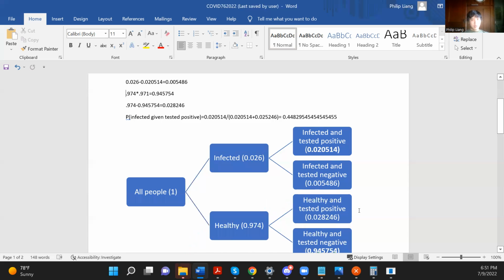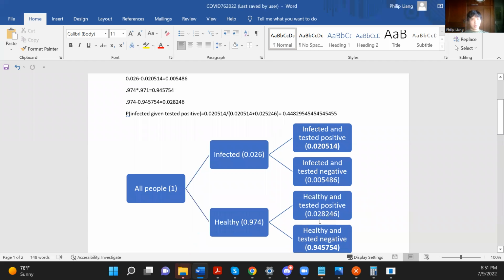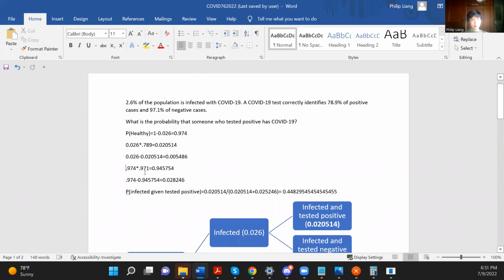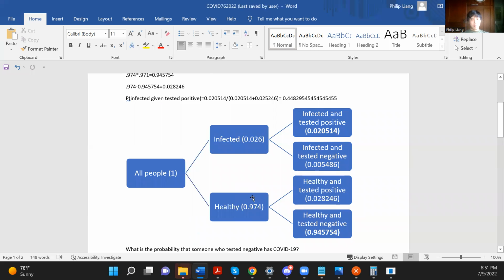0.005486. Then we can work on the probability of being healthy and testing negative. So we can take the probability of being healthy and multiply it by 0.9701, which is the probability of testing negative conditional on being healthy, to conclude that the probability of being healthy and testing negative is